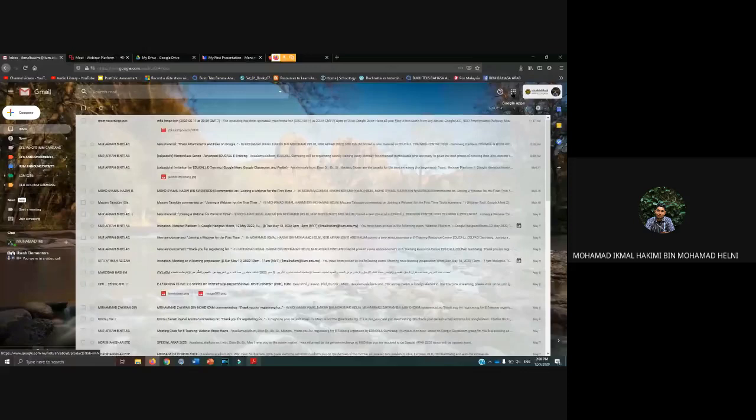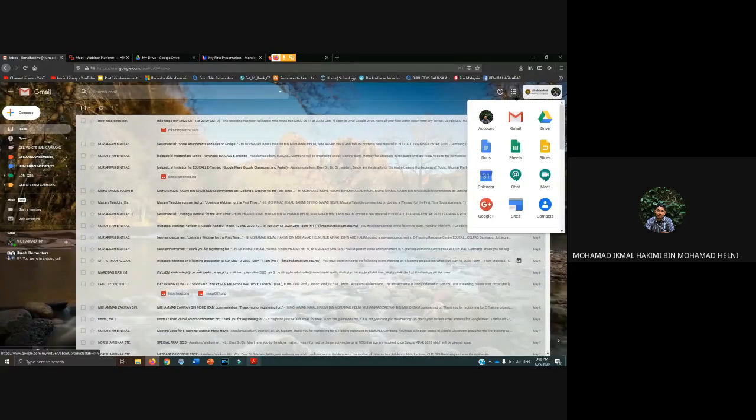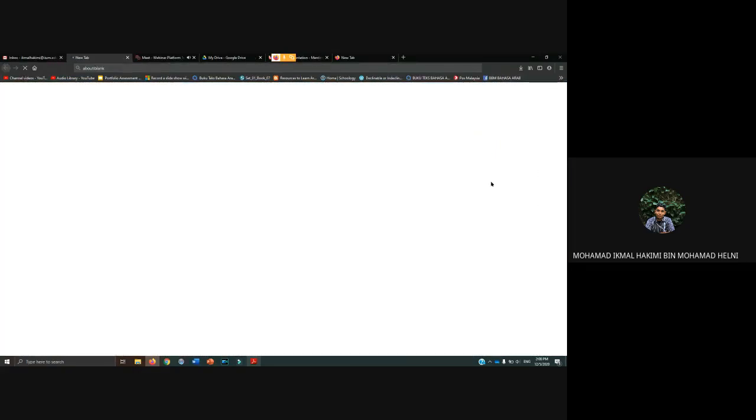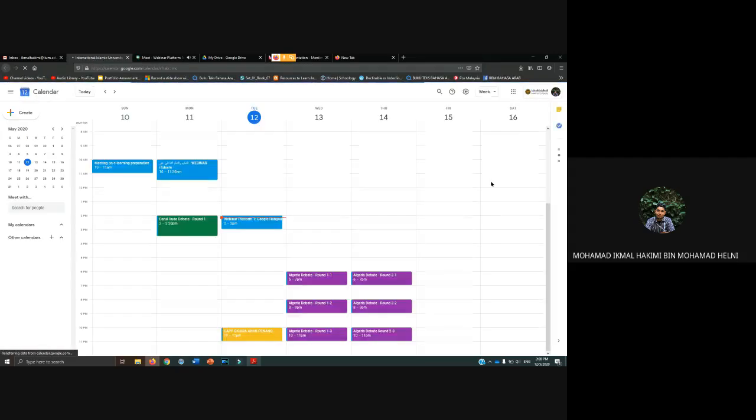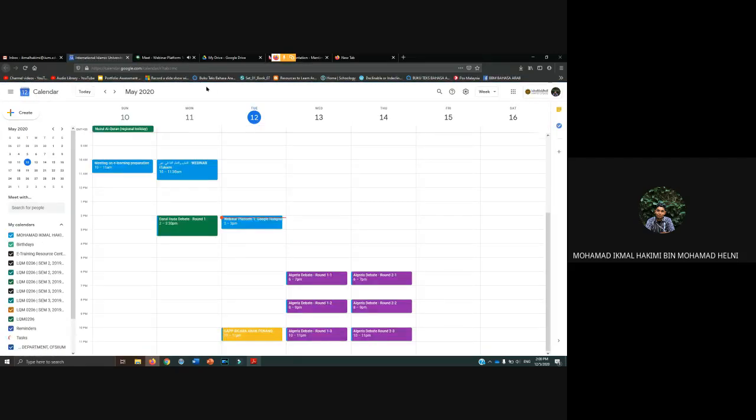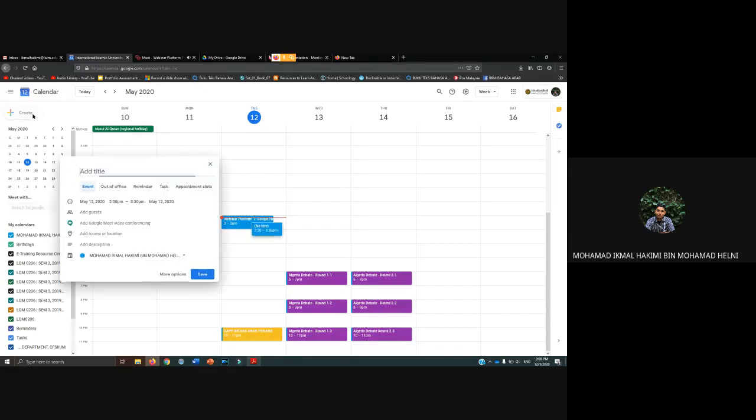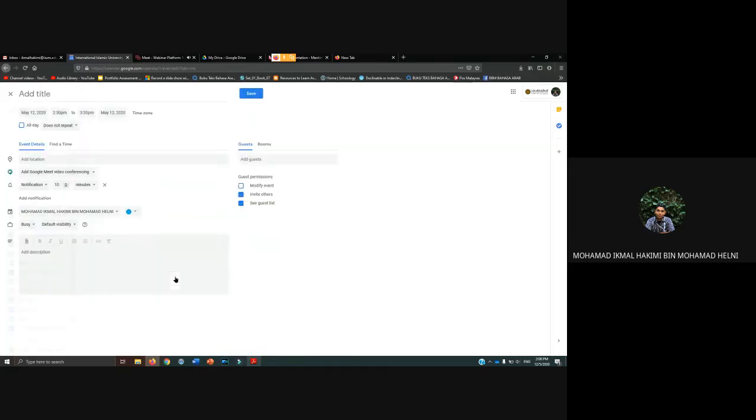In your Gmail, you can see this option here. So you can just click here and go to Google Calendar. When you go to Google Calendar, you can see that there is an option here to create an event. So you just click create here. There will be some options for you to create an event. So you just write down the title of the meeting or any event. For example,